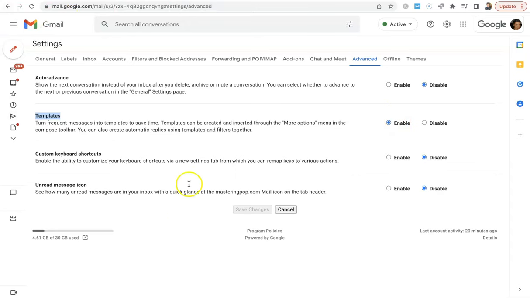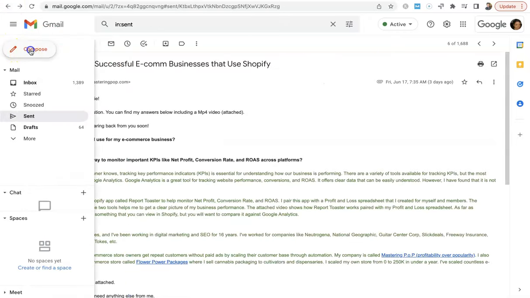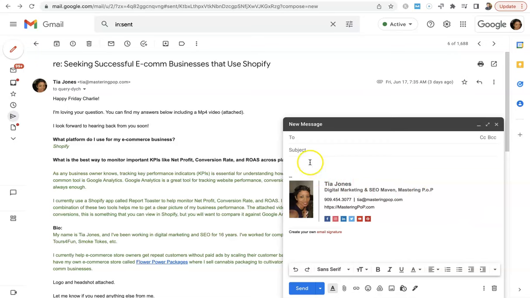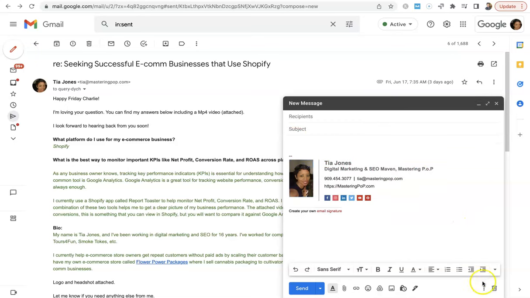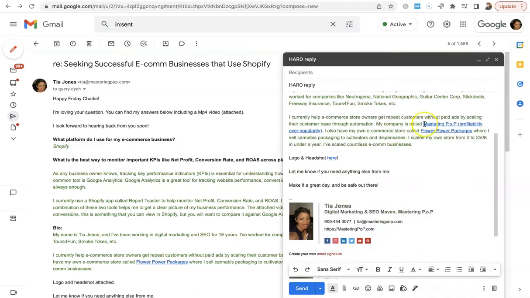All right. So once you hit save, you're going to go back. And now if you compose an email, you can simply go to these three dots. So you're going to have to save your HARO template. So once you do that, you can just go like this.